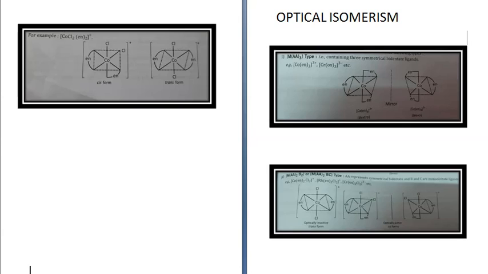Optical isomerism in square planar complexes is not shown because it contains a plane of symmetry. So, the molecule will be exactly divided into two equal halves by the plane. Tetrahedral complexes which contain 4 different groups do not show optical activity because these complexes are very much labile. Thus, it's not possible to isolate optically active compounds. Optical isomerism is common in octahedral complexes which have coordination number 6, and it involves 1, 2 or 3 symmetrical bidentate